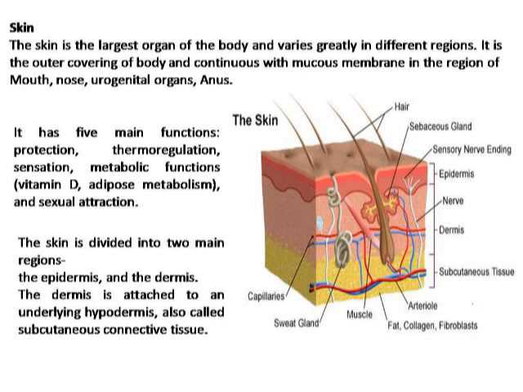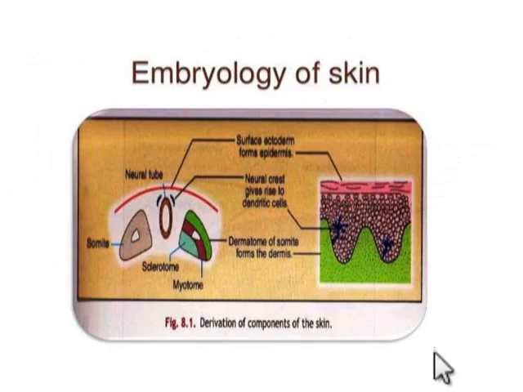So coming to the developmental or embryological part of skin. Here ectoderm forms the surface epidermis and the associated glands. Mesoderm forms the somites, forms the underlying connective tissue of dermis and hypodermis, and neural crest cells also migrate into the forming epidermis, and the skin is also populated by specialized sensory endings.